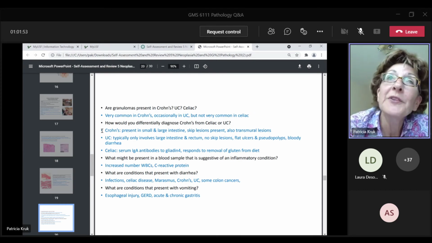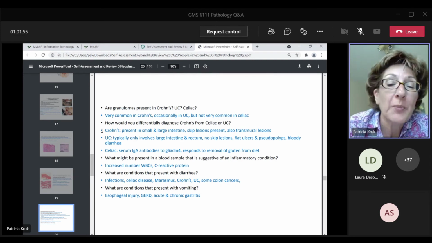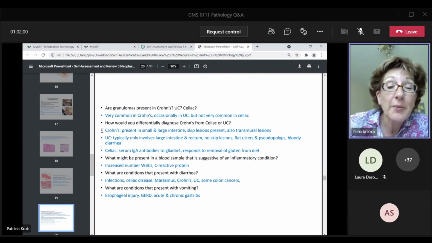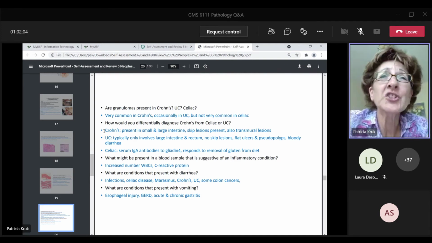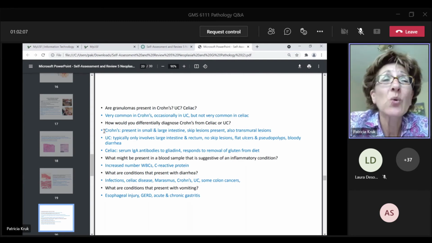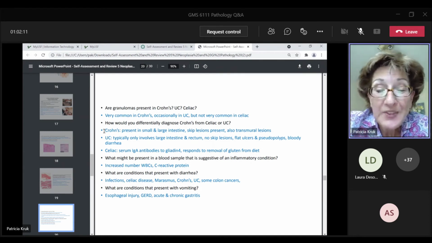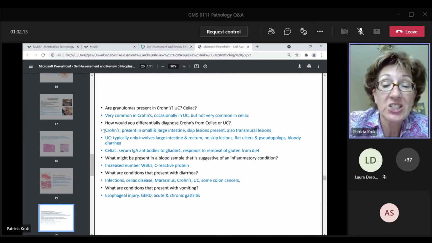So look at these gastric conditions. Our patient's not going to have either diarrhea or vomiting, but what would potentially show up as diarrhea? Again, think of these as very generic presentations. It's like what gives you chest pain, what gives you stomach ache. So what can present with diarrhea or vomiting? A number of conditions can, and I've listed some of them here. For diarrhea, we can certainly see any kind of GI infection, celiac disease, Crohn's, ulcerative colitis, marasmus, some colon cancer,